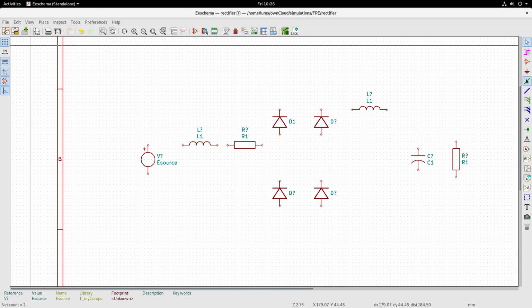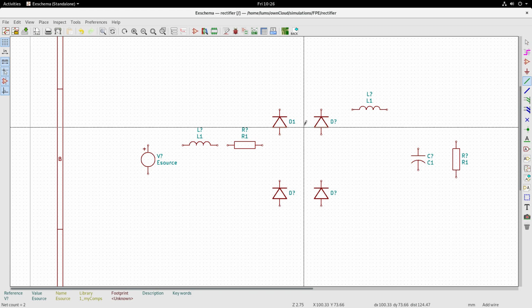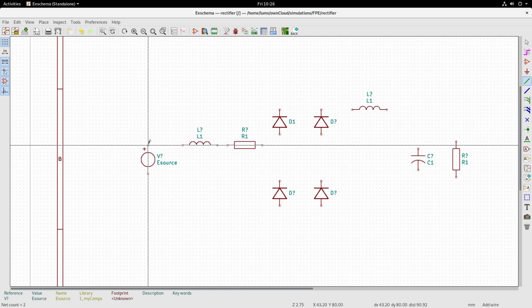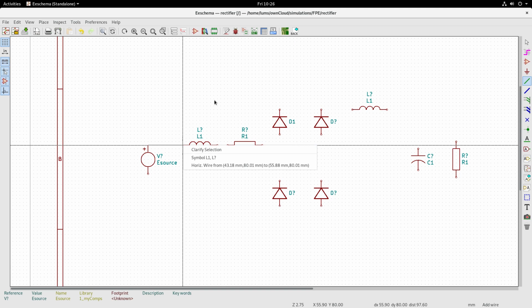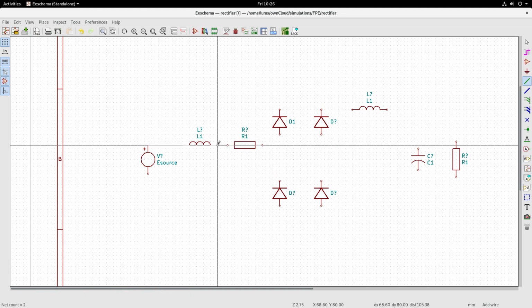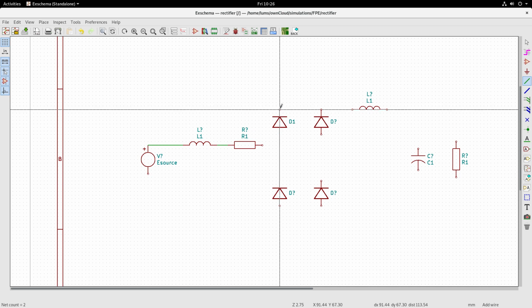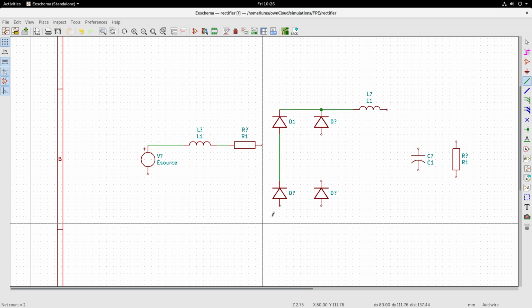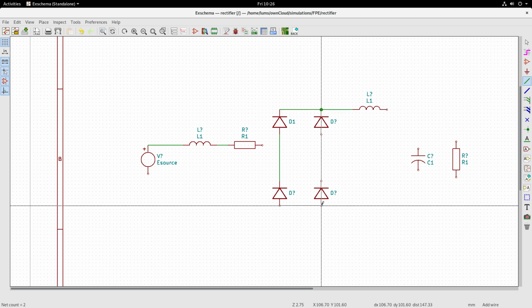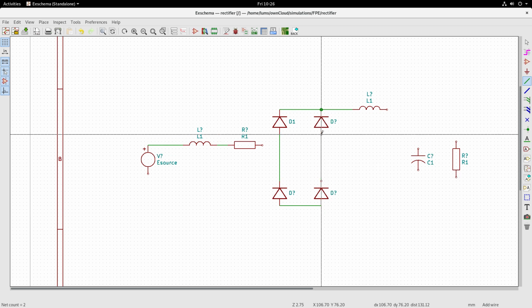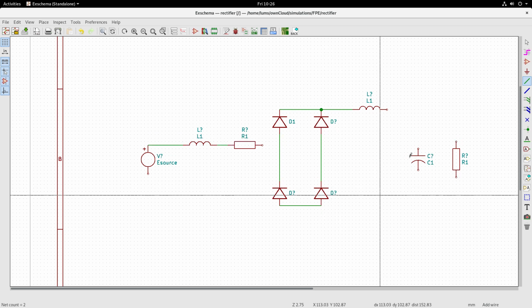Now we draw the wires. So I will go and pick this place wire. Pick the tool and start connecting. Left click, then left click. You don't need to do the right click, just click on that and then you have the wire connection made. Click on the nodes. Click on this. So it is as simple as that. Just click on the nodes and the connection is made.